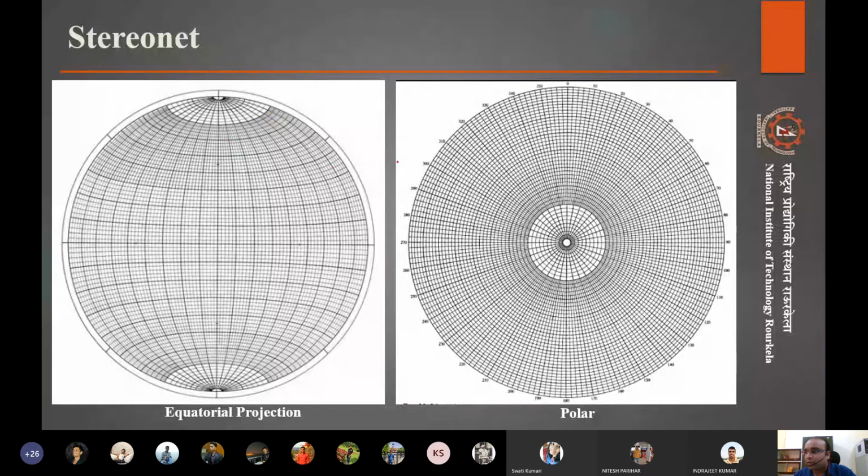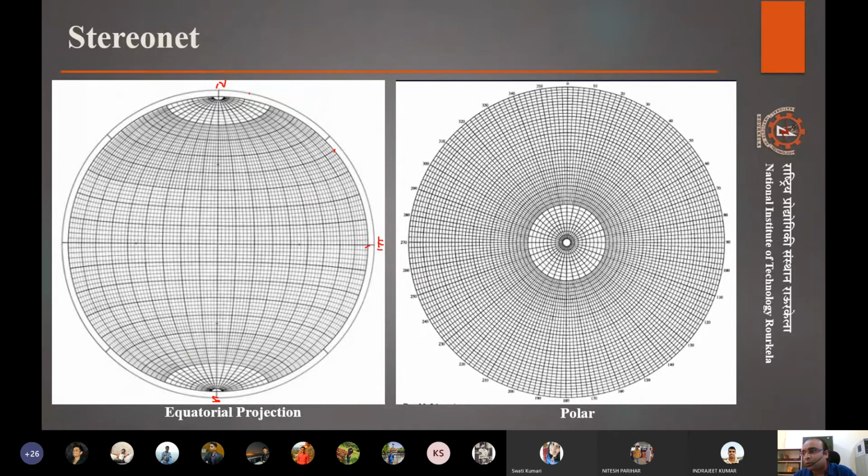If you say about the equatorial projection from north, if this is north and this is south, the 0 degree starts from here, then this is 10, 20, 30, 40, 50, right? 60, 70, 80, and 90. So 90 is here, there can be east, and so on like that. So after 90, 100, and so on till 360. So this whole outer side represents a strike. And if we want to see how the dipping is done, dip angles are basically calculated inside.